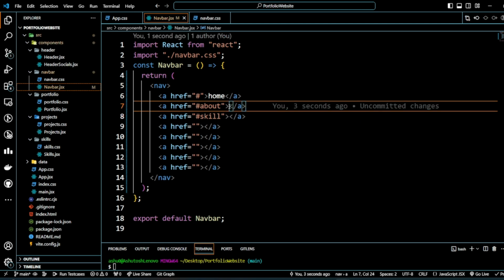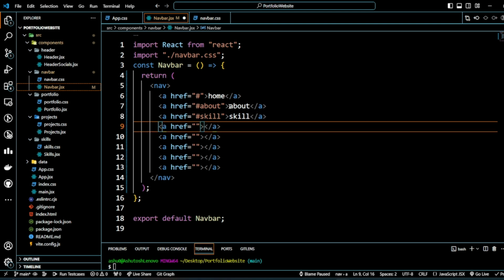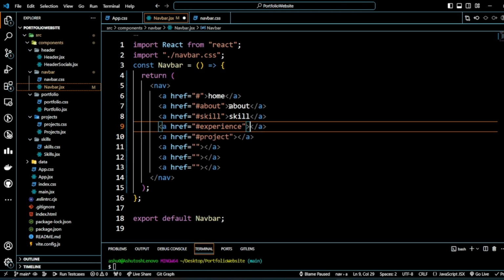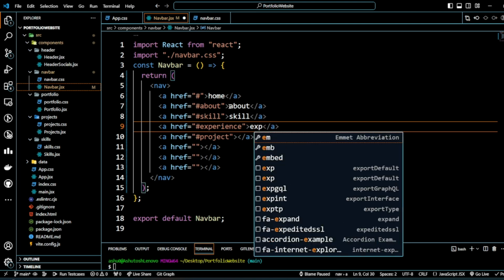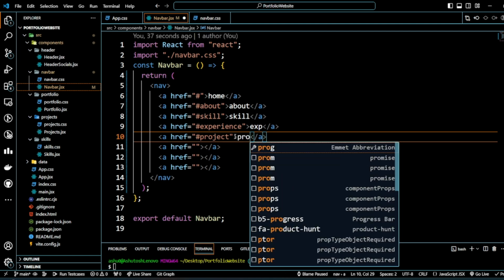So let's give it home, about, and skill. The next section will be experience. Then we can provide project. Let's do it as exp, otherwise we will replace this thing. I'm just showing how we can work on this. For project, let's keep it pro. Then we need